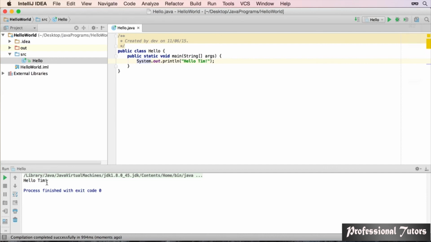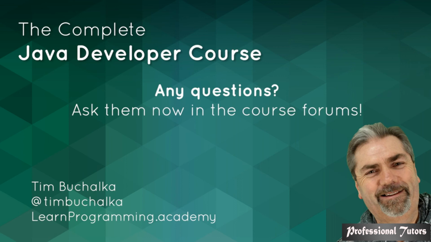So what I'm going to do, I'm going to click on Create a New Project. This brings up a rather intimidating looking screen, but it isn't as bad as it looks. Now, depending on the edition of IntelliJ that you're running, whether you're running the Ultimate Edition like I am, or whether you're running the Community Edition,